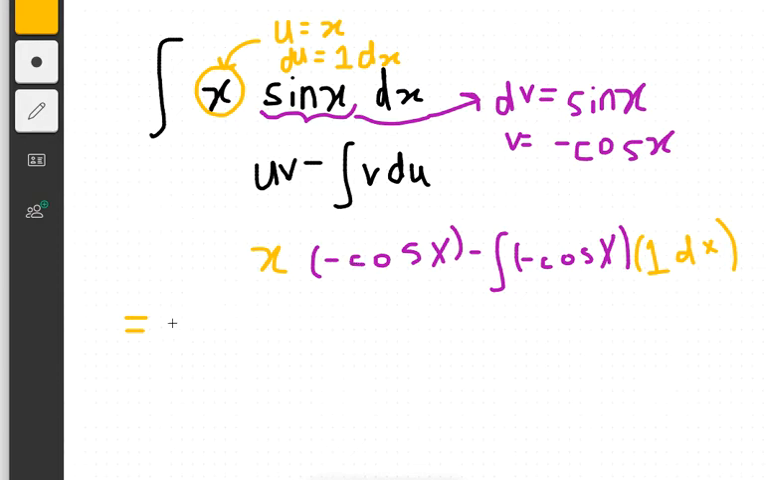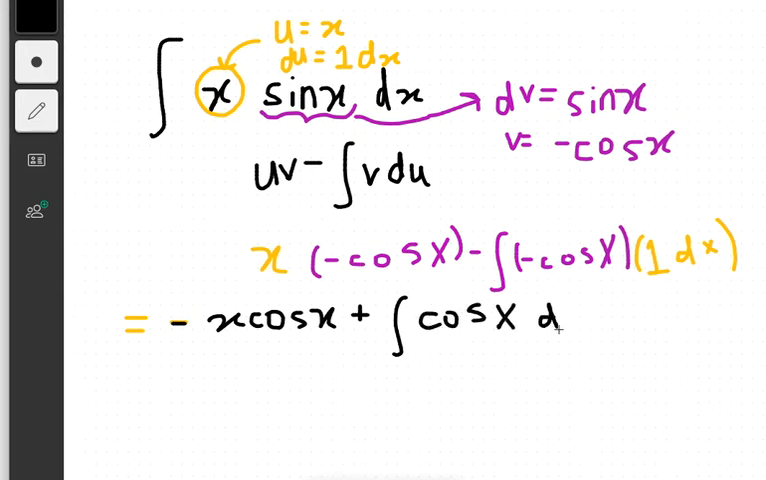x times negative cos x is just negative x cos x. This negative here, it's like a negative 1, I'm going to bring it out of the integral sign and multiply it by this negative out here, so it becomes a plus. The 1 disappears here, so it's just the integral of cos x dx